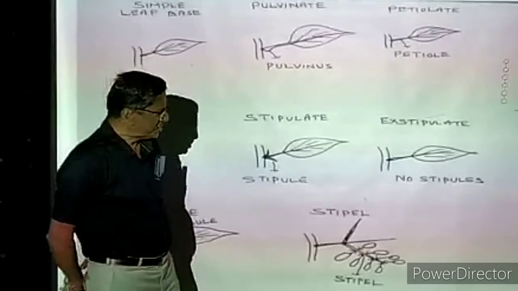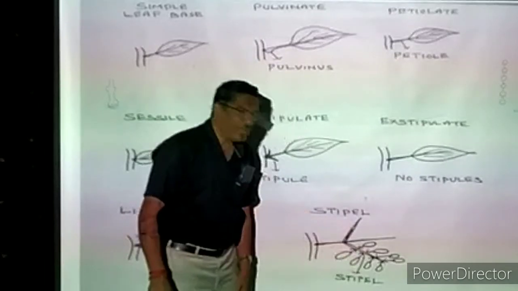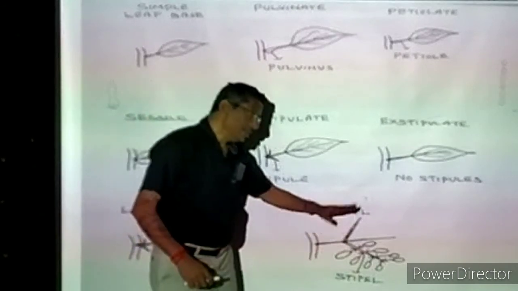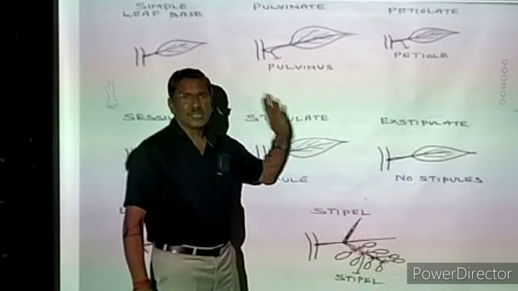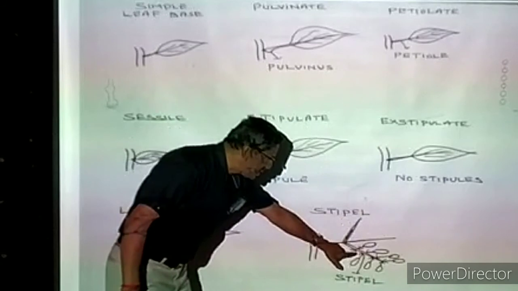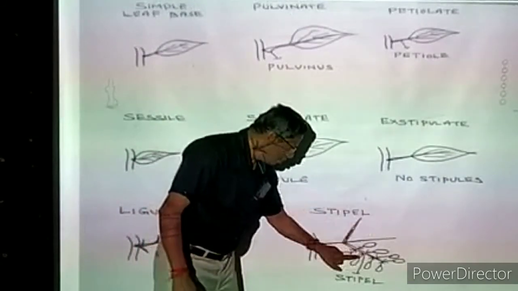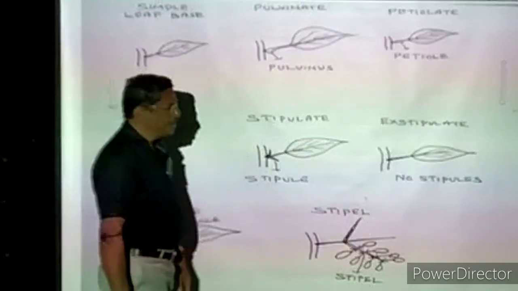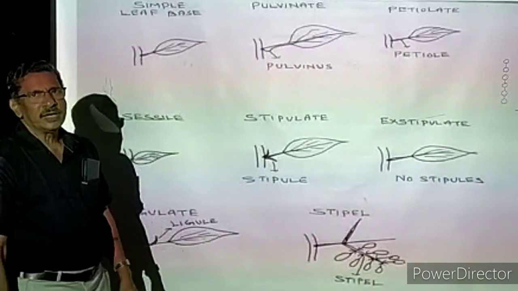Okay, stipellate. But some compound leaves will be there where the stipels will be absent. They don't have any stipel. So they may be present, may not be present, only in compound leaves, not in the simple leaves, you cannot find them. So if the stipels are present, the compound leaf is called a stipellate compound leaf. If the compound leaf is not having stipel, it is called exstipellate. Now these are all certain terminologies. Other terminologies will come in the rest of the slides.